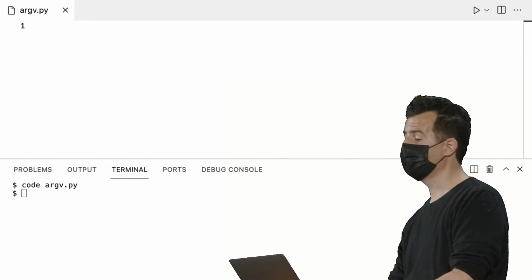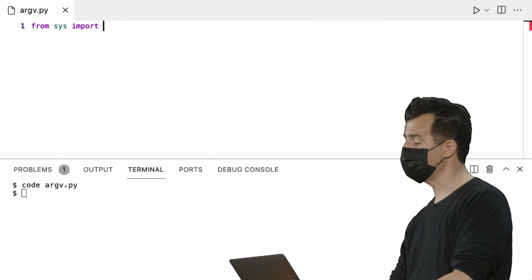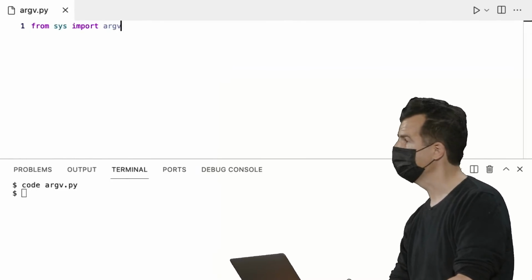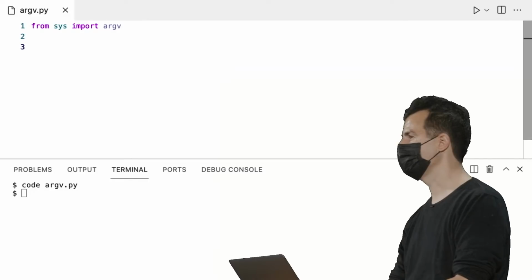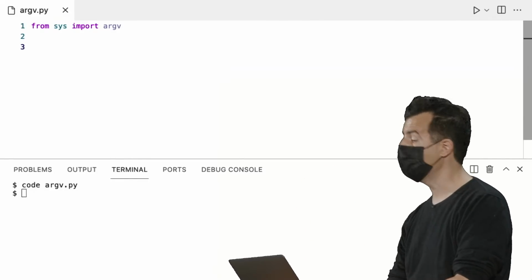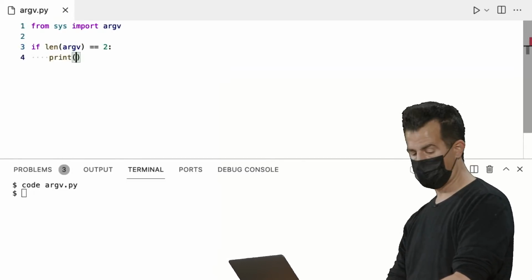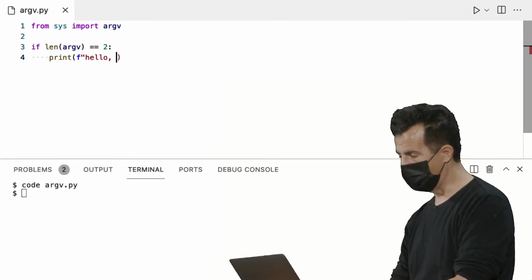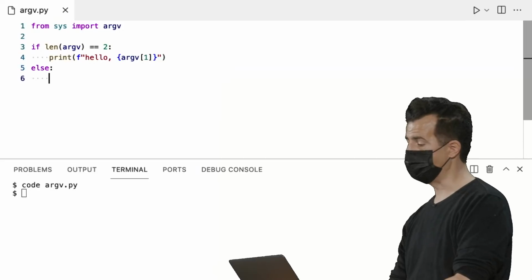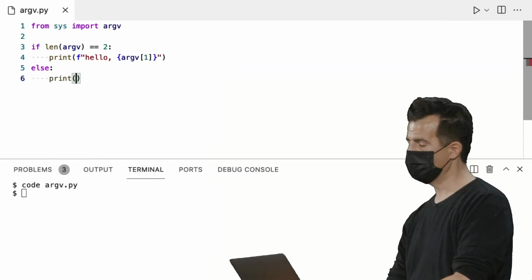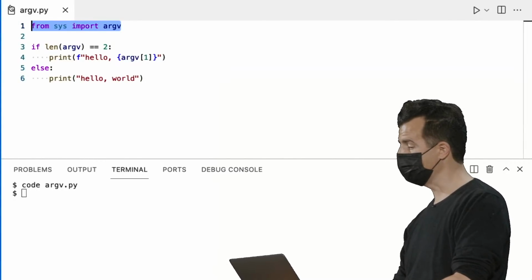It turns out there's another module, or library, in Python called sys. And you can import from sys this thing called argv. So same idea, different place. Now I'm going to go ahead and write a program that requires that the user types in a word after the program's name, or none at all. So if the length of argv equals 2, let's print out hello, comma, argv bracket 1, close quote. Else, if they don't type 2 words total at the prompt, let's just say the default, like we did weeks ago, hello world. So the only thing that's new here is we're importing argv from sys,